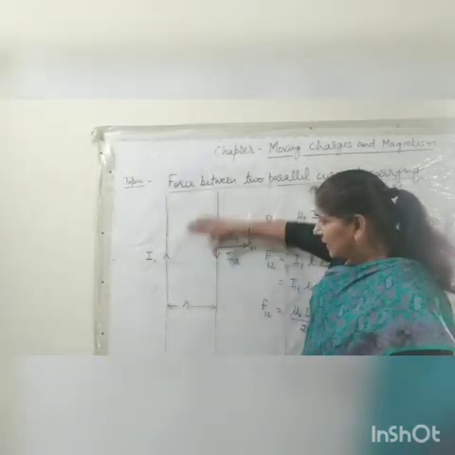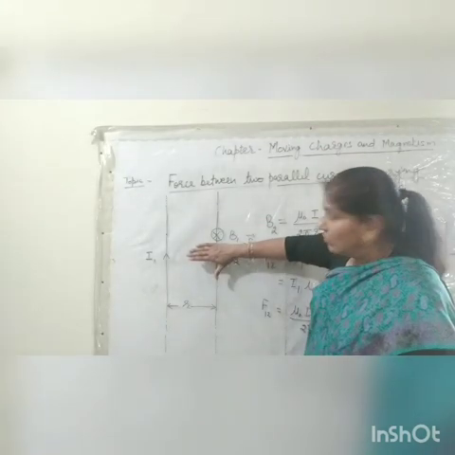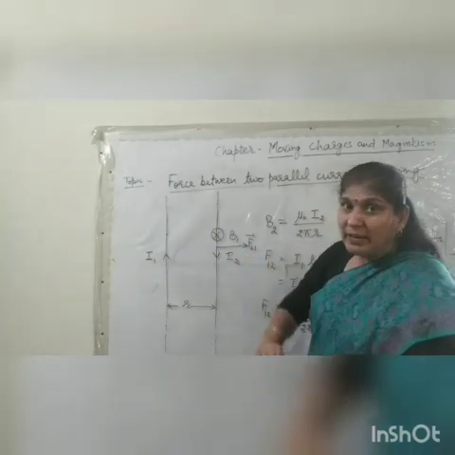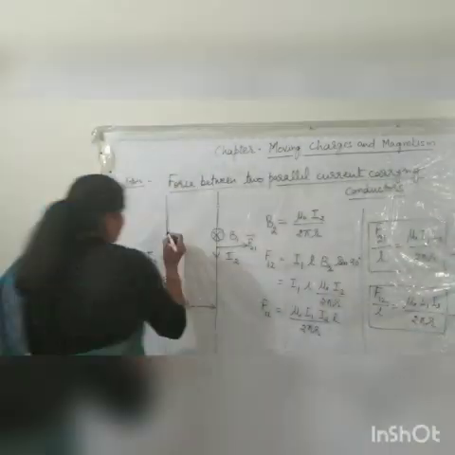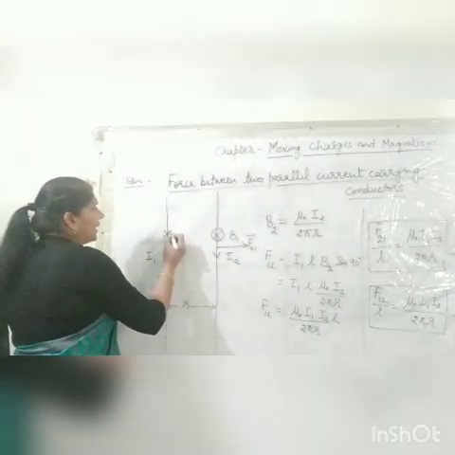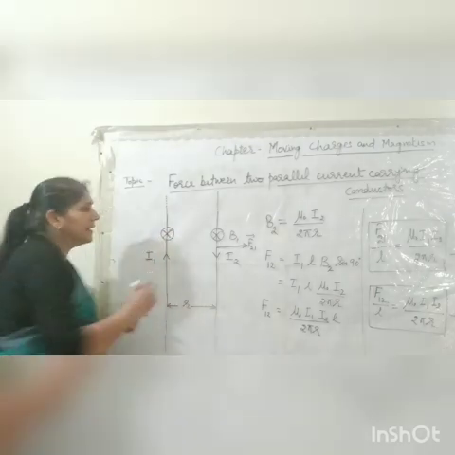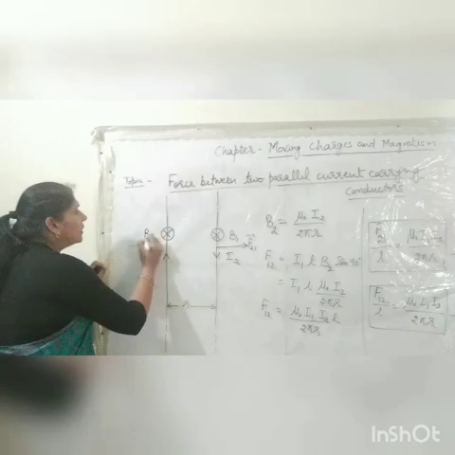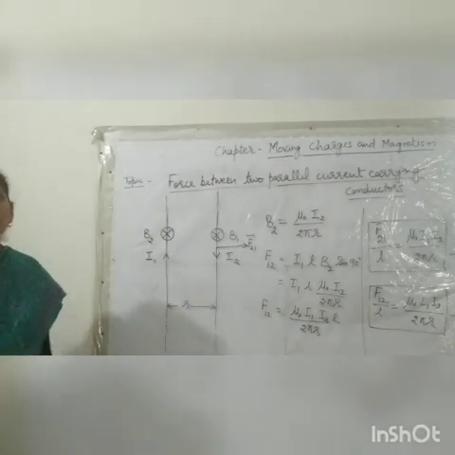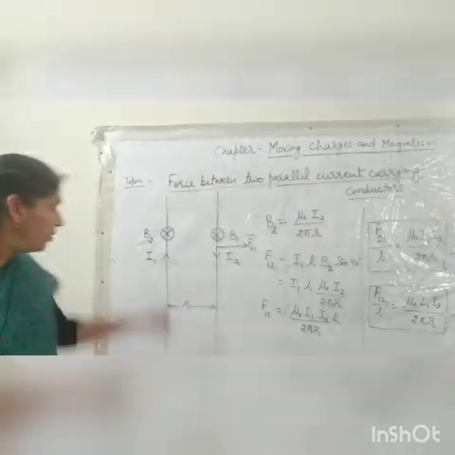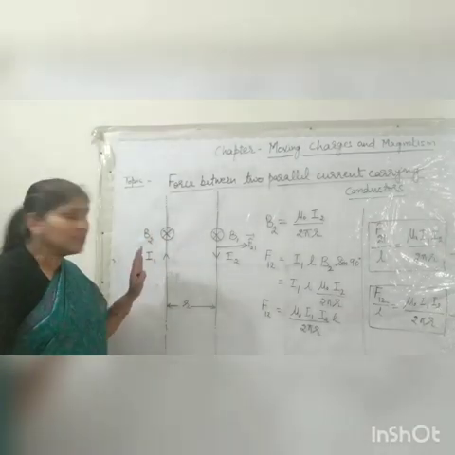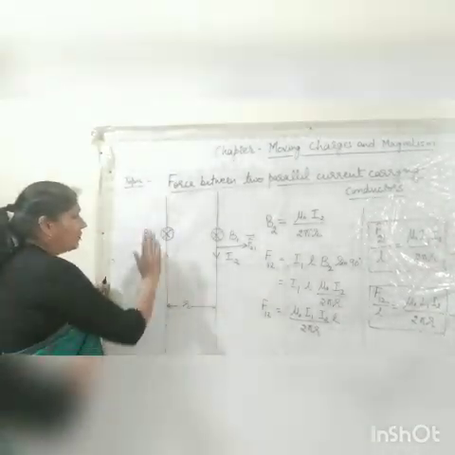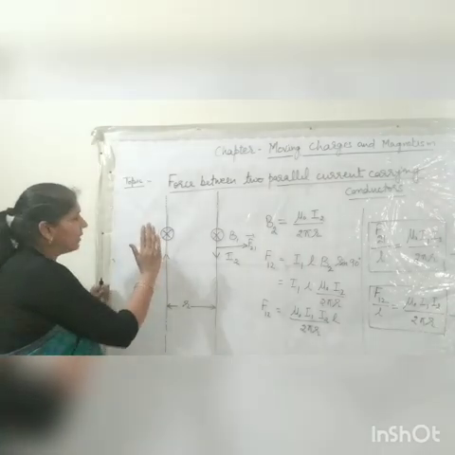Because the second conductor is carrying current downward, the magnetic field at the position of the first conductor will be inward. So here this is the difference: when currents are in opposite directions, here magnetic field B2 is also in inward direction. Okay, so magnetic field B2 is inward, current is upward, so according to L cross B vector product,